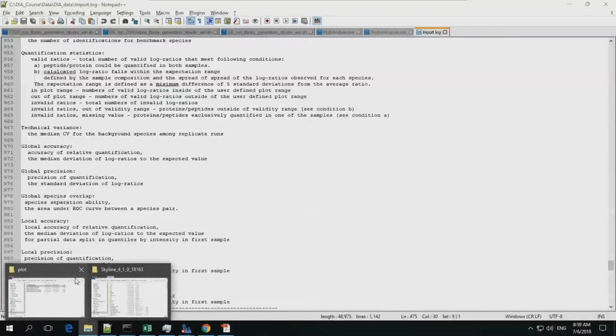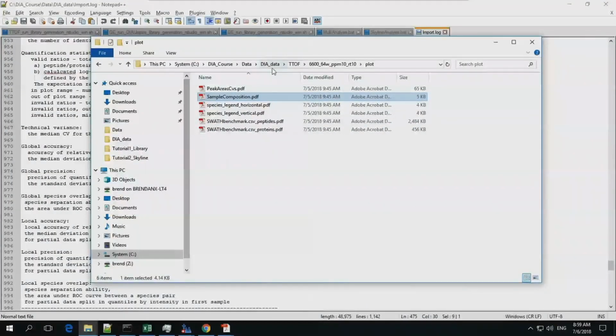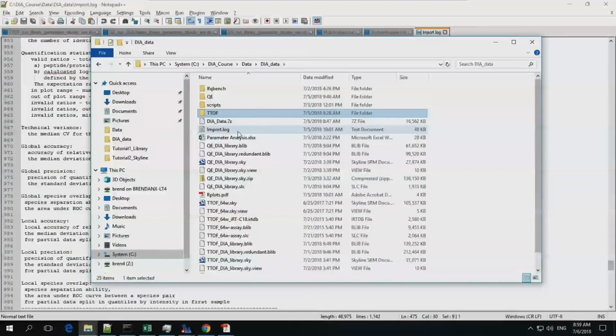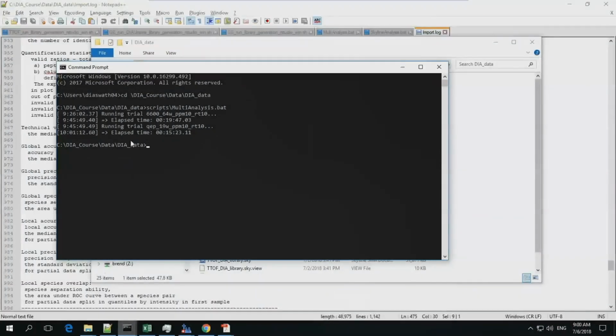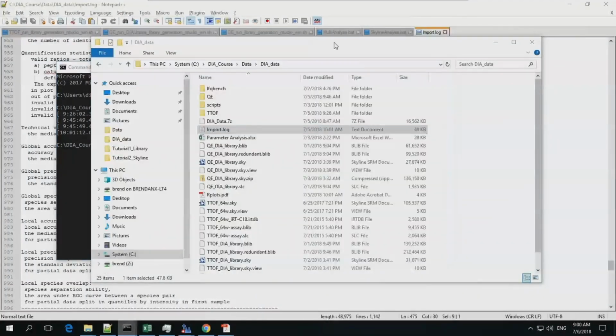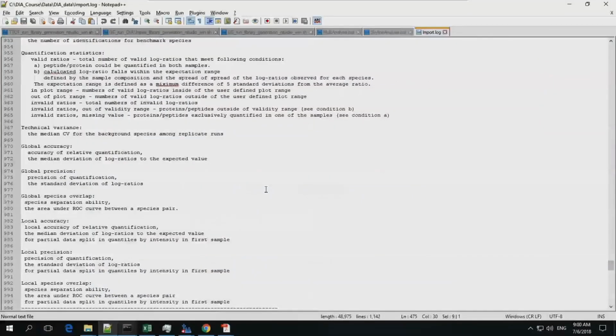If you go back to your DIA data, you should at least have one import log, right? In your DIA course data, everybody has an import log, because if you were able to successfully finish, you should have an import log. And then if you edit that in Notepad++,